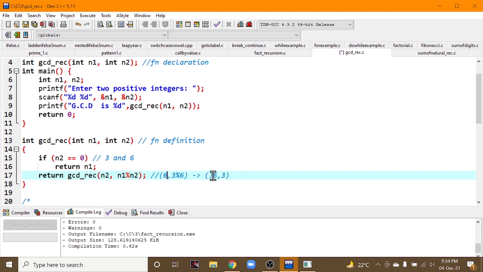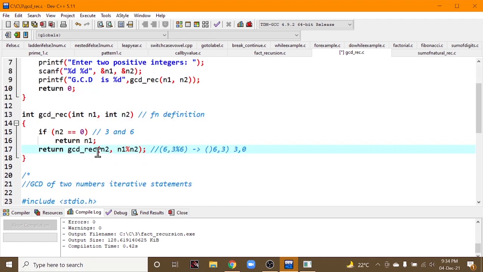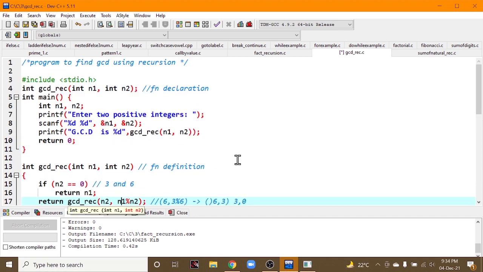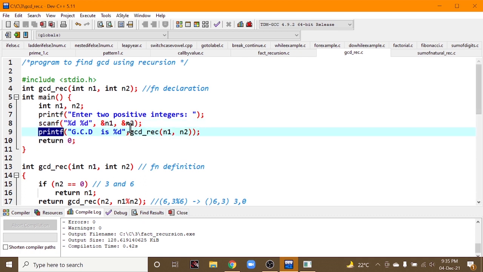And in this case, I think you will be getting here 3 comma 6 mod 3. Okay, 6 mod 3 is nothing but 0. So n2 is 0, which means 3 is your n1. So return n1, that is your GCD. That's it. Okay, this is GCD, where you need to know what logic you need to apply inside the recursive function to get GCD. This is about GCD. Here you can check printf scanf 2 numbers, and inside the printf only I'm placing my function call. This is what